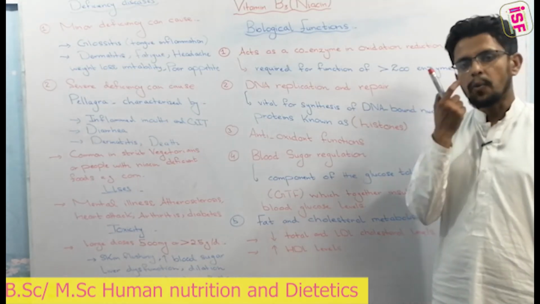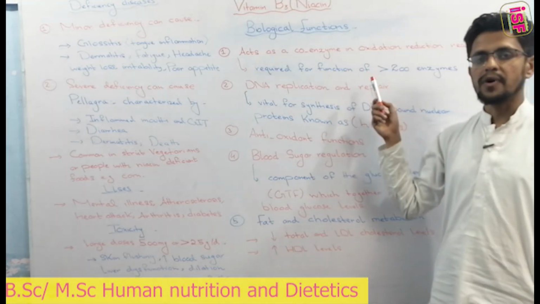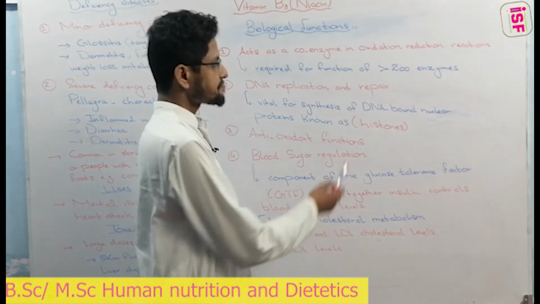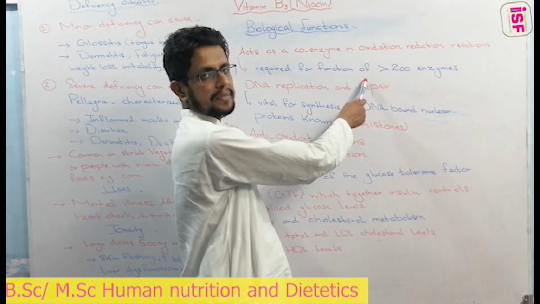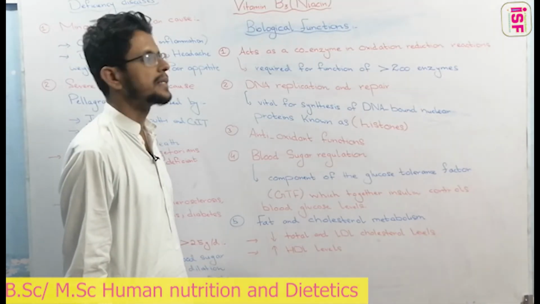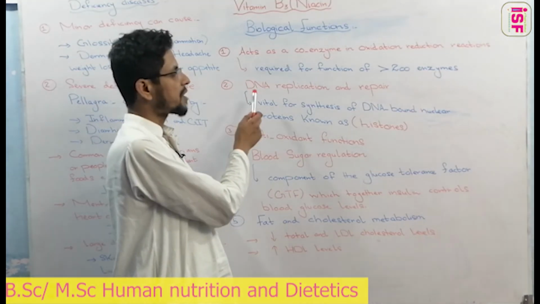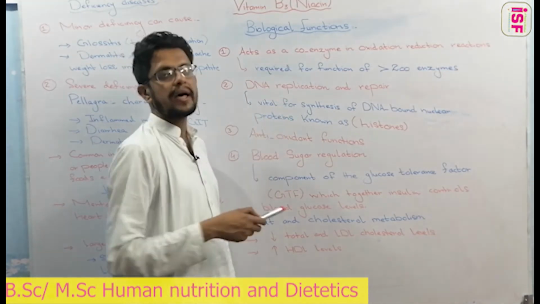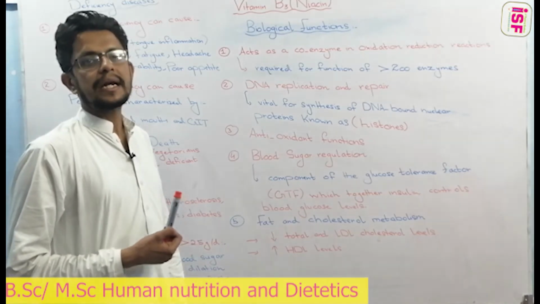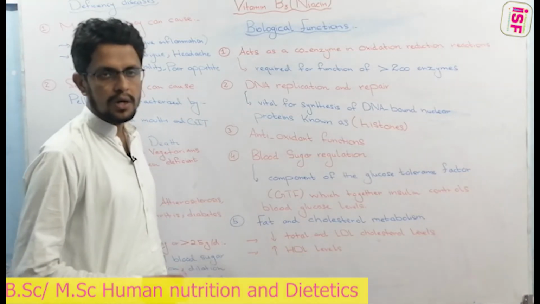Basically, as a coenzyme, vitamin B3 is also required for the function of more than 200 enzymes. Simply, you can say that the functioning of more than 200 enzymes is dependent on vitamin B3 or niacin. The second function is that it is also required for DNA replication as well as repair. Repair means if there is any damage in DNA, it can repair it, and it can also do the replication